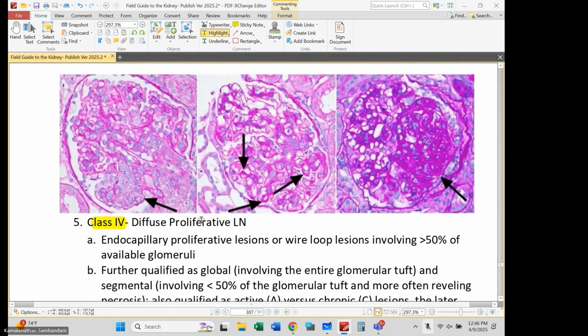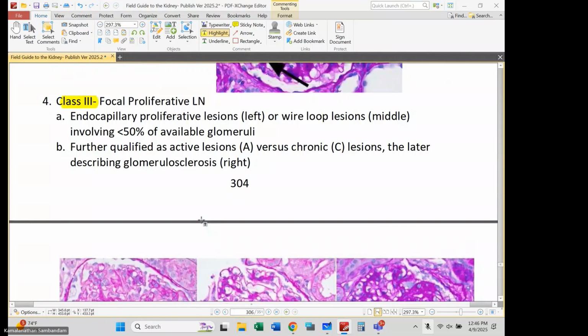So if you just look at the punchline, this is class 3 or class 4 lupus nephritis, you may be tempted to give a burnt out lupus patient mycophenolate and steroids. Please don't do that, okay? So that special case aside, which is not uncommon, we're generally really interested in how much active inflammation there is,